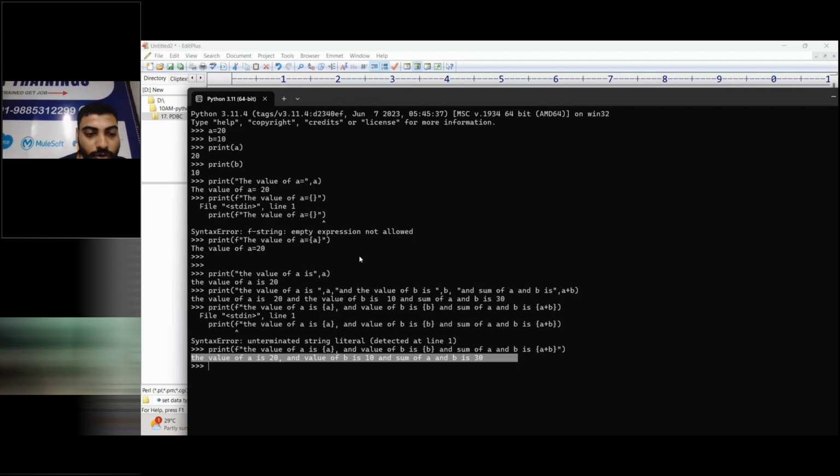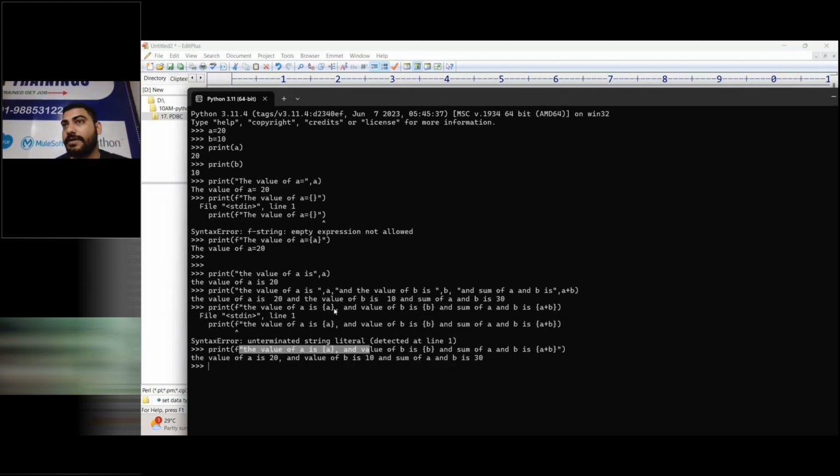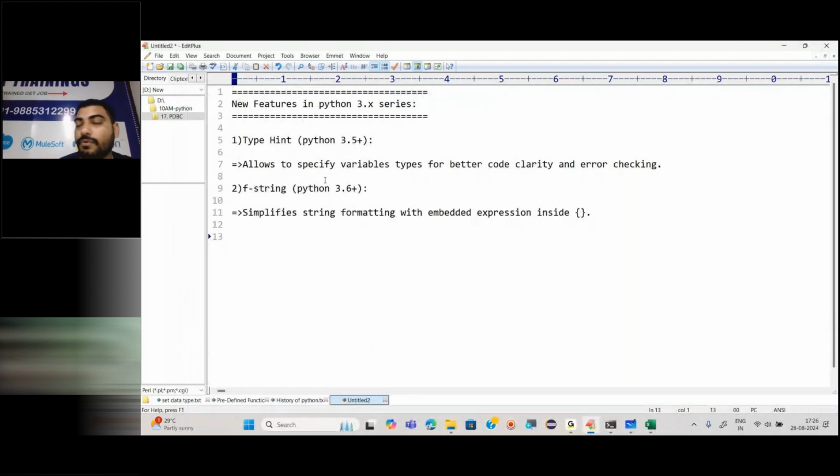But if you check, here we do not need to write comma and inverted comma again and again to segregate the value. Within the particular statement only we are doing all these things. Are you getting it? So this was introduced in Python 3.6 and it is known as f-string.